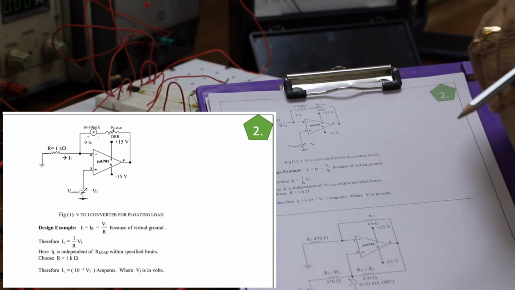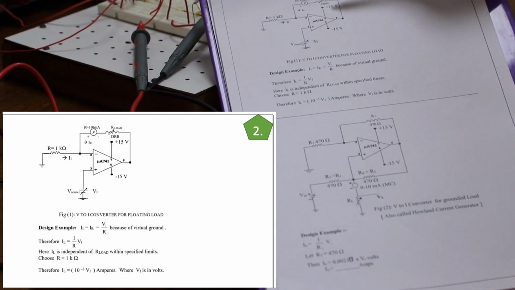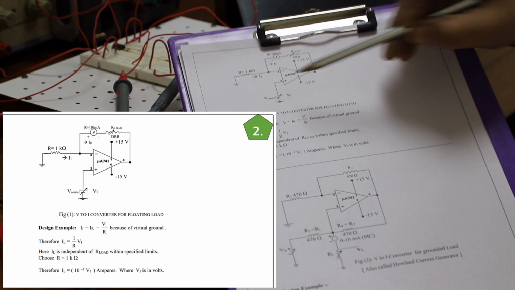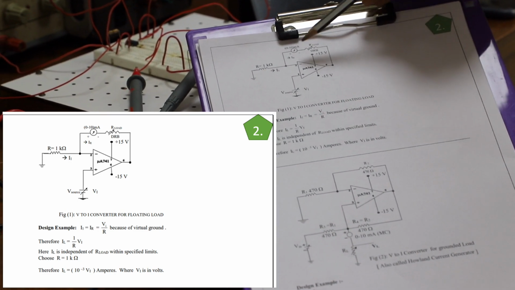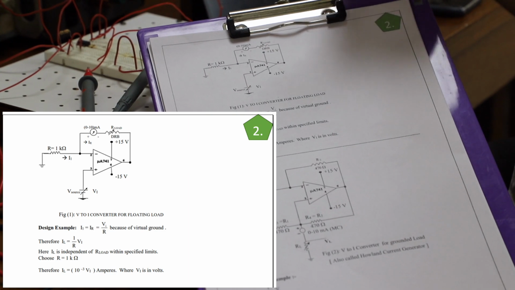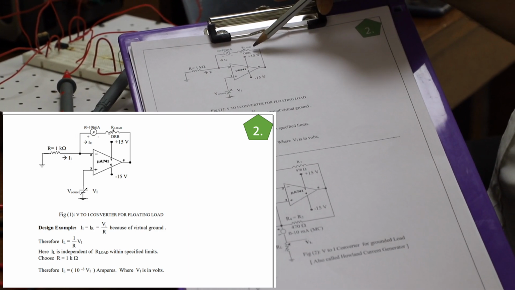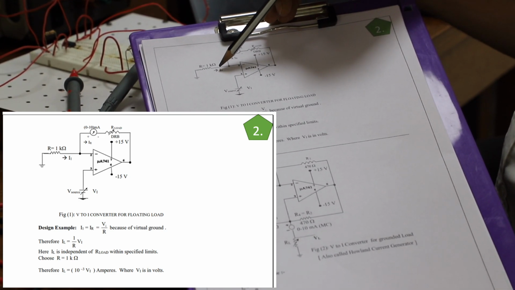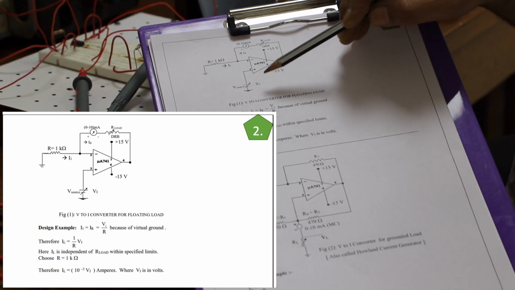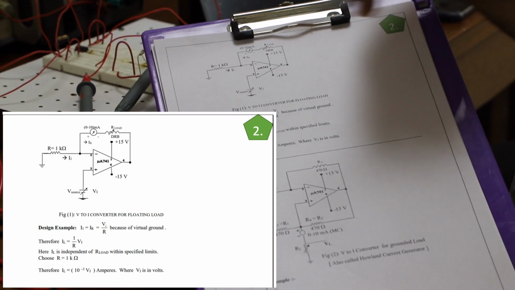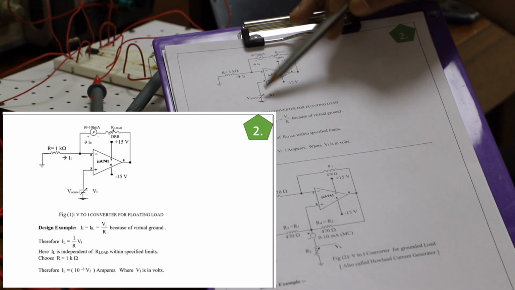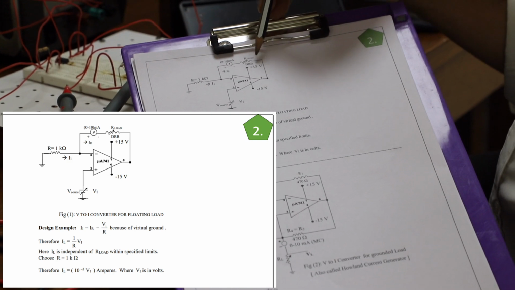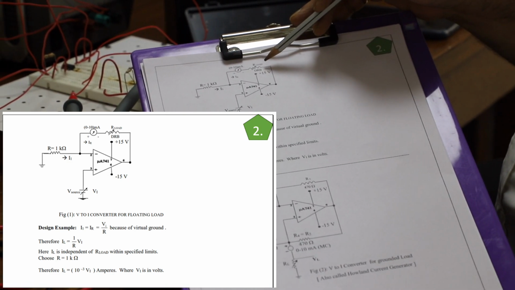As we have learned in the theory class, the V to I converter for a floating load is a special application of a non-inverting amplifier, in which the input is connected to the plus input, and we have R1 connected here, that is being grounded. Now the resistor, which was the feedback resistor in the non-inverting amplifier, will now become the load resistor RL here. And as we have learned, the current here is established by the ratio of Vin and R. I have chosen some variable Vin, and R is equal to 1K. So if this is 5 volts, then 5 volts by 1K will be 5 milliampere. And that 5 milliampere will always flow through the RL as long as RL is less than RL max.